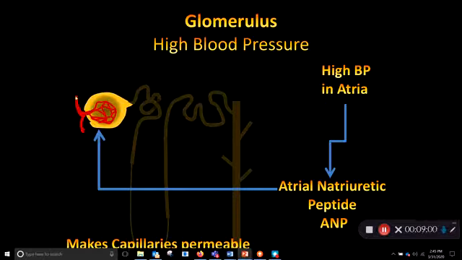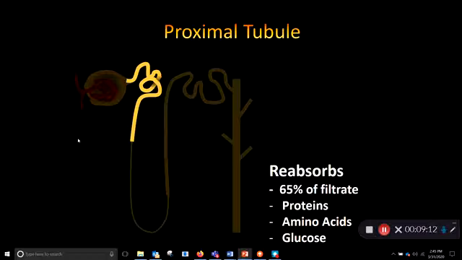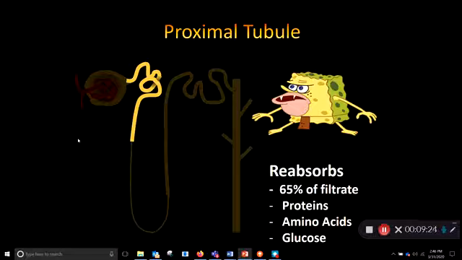Now we're done talking about the glomerulus. Let's focus in on the proximal tubule. The proximal tubule is the guy that's super duper greedy. If there are any proteins, amino acids, or glucose in there, it's going to grab them. If there's water in there, it's going to grab it. In fact, I've related it to being the most primitive or primal portion of your nephron. If it sees something delicious like meat, aka protein, or amino acids, or sugar, it's going to grab it